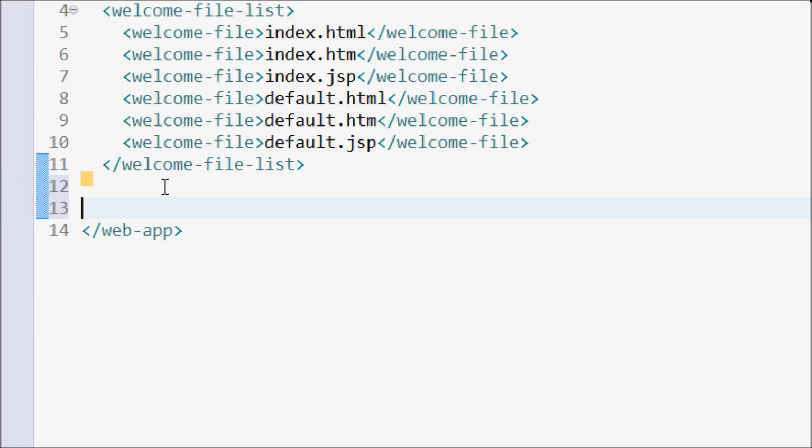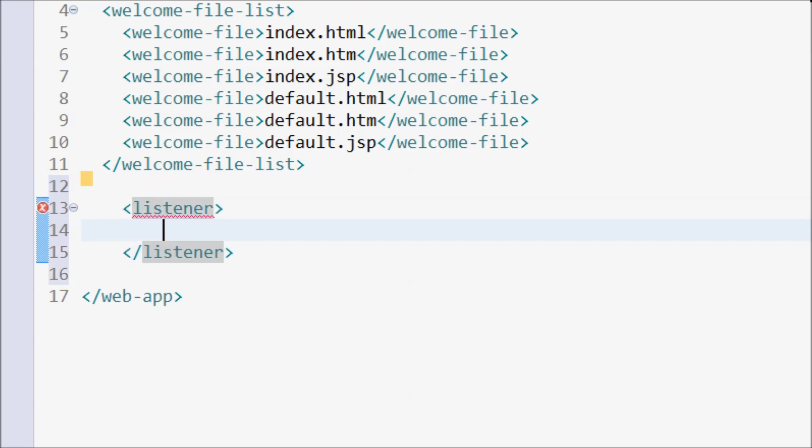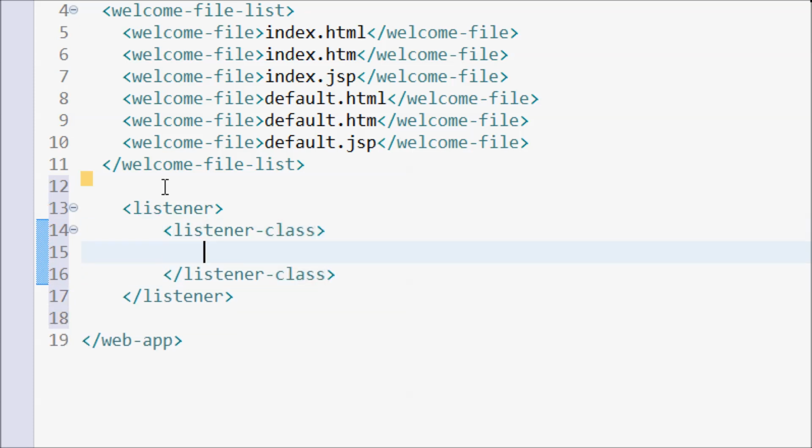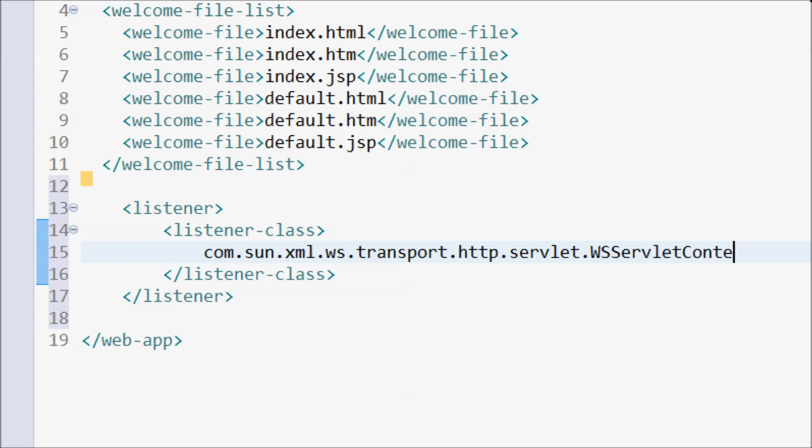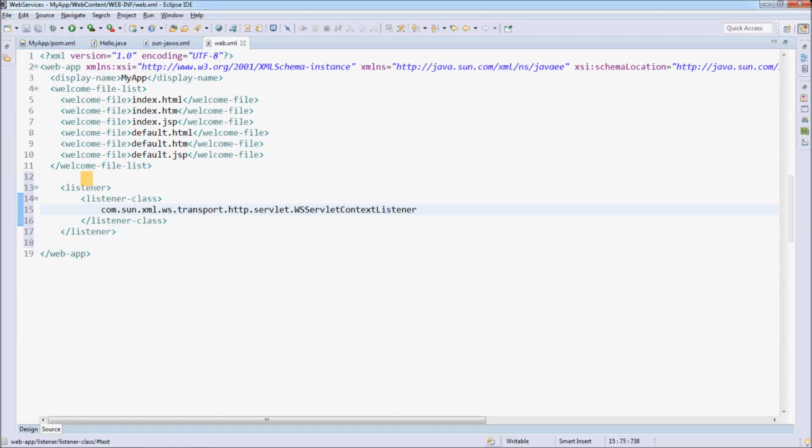And here we need to specify a listener for Java XML Web Service. Listener class. Listener class name is com.sun.xml.ws.http.servlet.WSServletContextListener. You see,